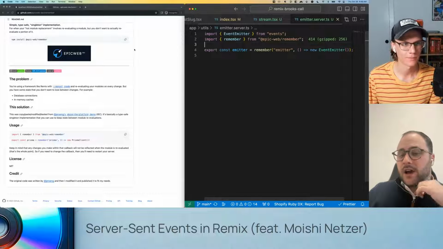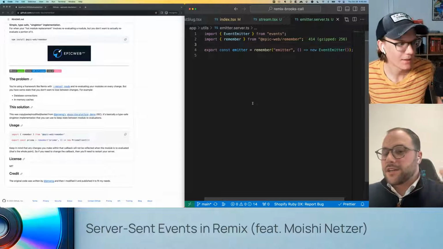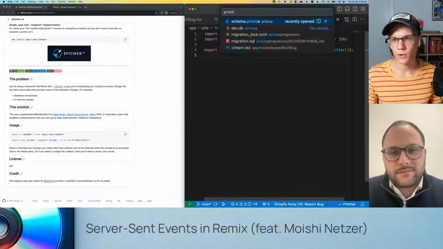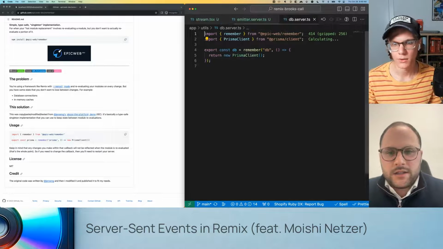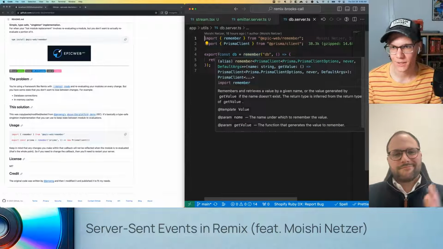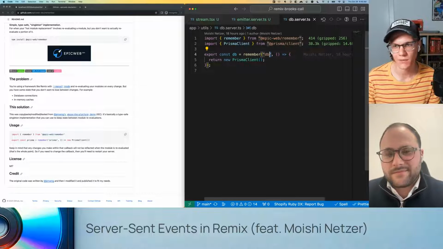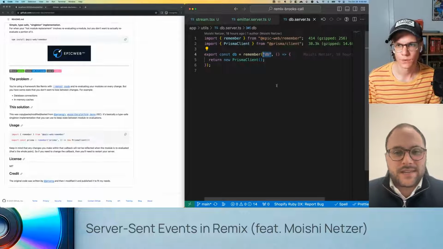So sweet. I do that as well for the database, right? Because you need to have the same reference with Prisma. You can take a look at that as well. It's in the DB, I think. Otherwise, you'll just open up way too many connections, right? Exactly. And so the same thing, this is just like a key. You never actually use this. Completely irrelevant.